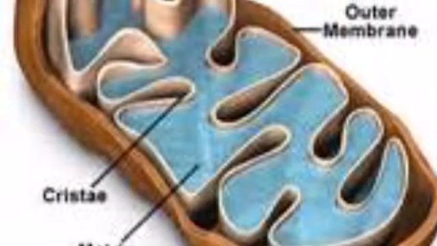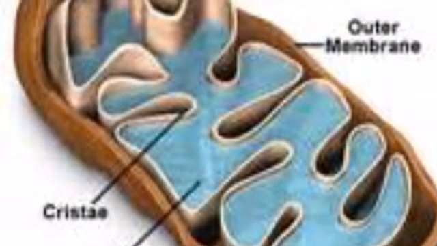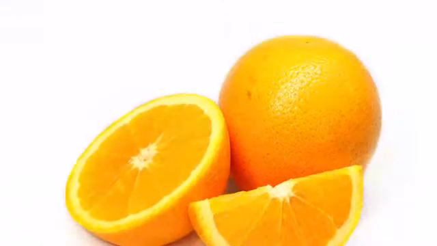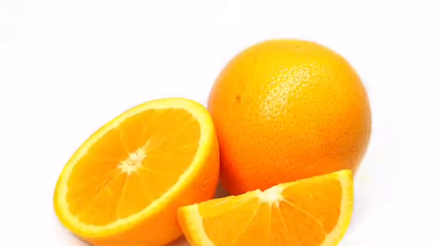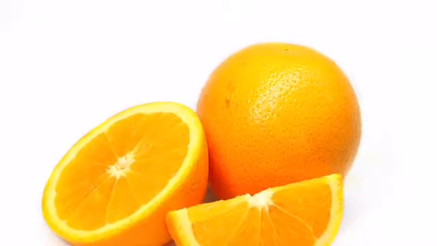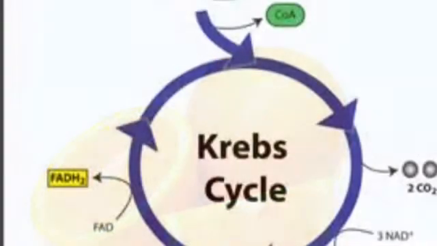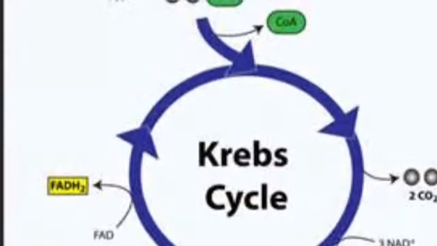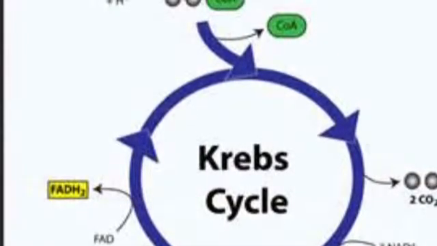The second step of cellular respiration is called the Krebs cycle. It takes place in the matrix of the mitochondria. A fun fact is that the Krebs cycle is also called the citric acid cycle because some citrus can be made here. The reactants of the Krebs cycle include oxygen and the 2 pyruvic acid molecules that were products of